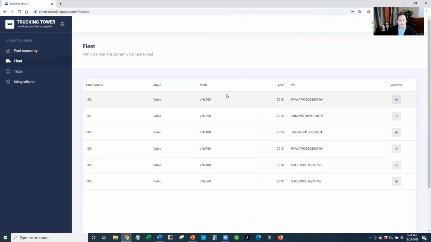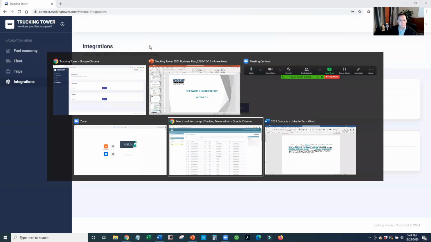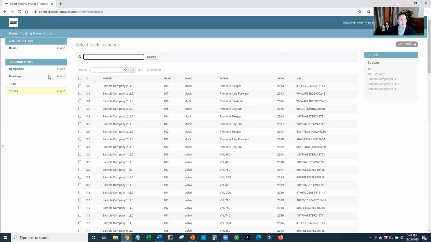Okay, I've also got my fleet, with make, model, year, and VIN for my own fleet. I've got my trips, whatever trips I have in the system. In this particular case, in the demo, I've got 306 trips in the database. We also have a lot of other data we can pull and utilize. For example,